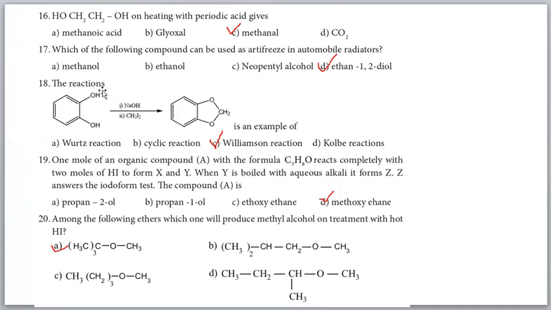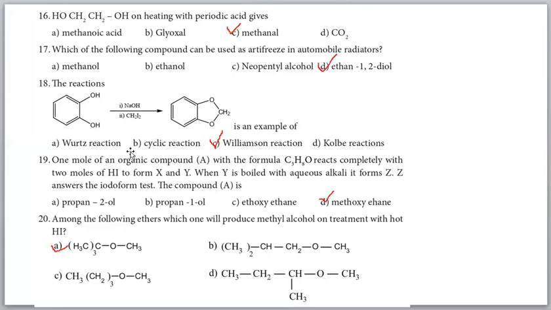The reaction, you see, a benzene ring with two OH groups reacts with sodium hydroxide. Now what will happen? The H is displaced, so sodium will come here and here. Which reacts with CH2I2, an alkyl halide. From this, one iodine combines with one sodium to form NaI, and the other iodine combines on the other side. So we will get this kind of compound. It is similar to Williamson ether synthesis only.